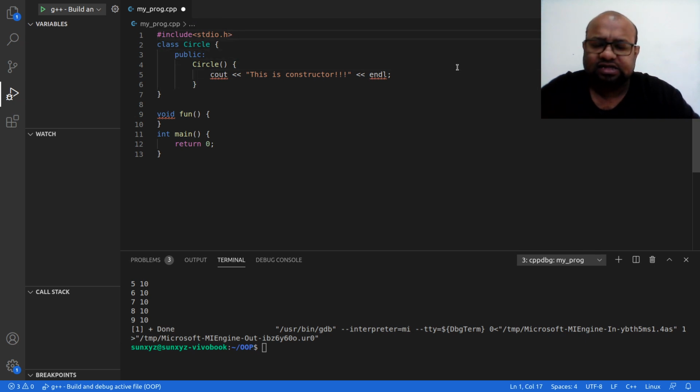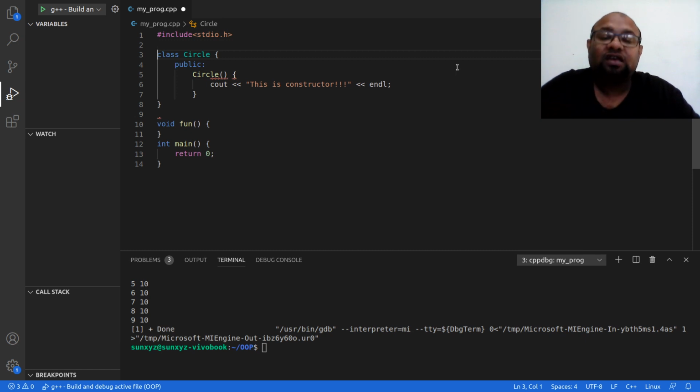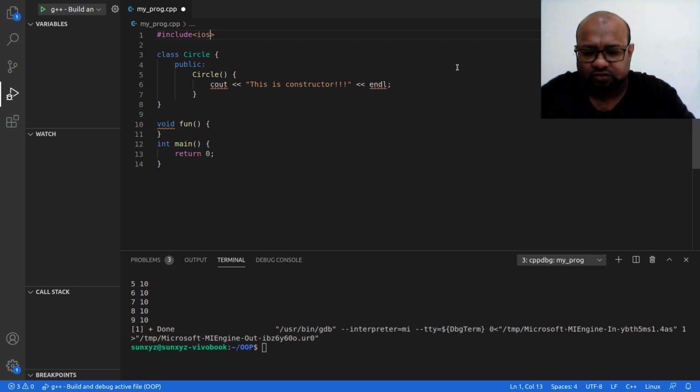Up to this point we were writing a C program, and that is relevant to C++ as well, because C is a subset of C++. Now we are going to write a C++ program. We are using a class, so I am going to start using iostream.